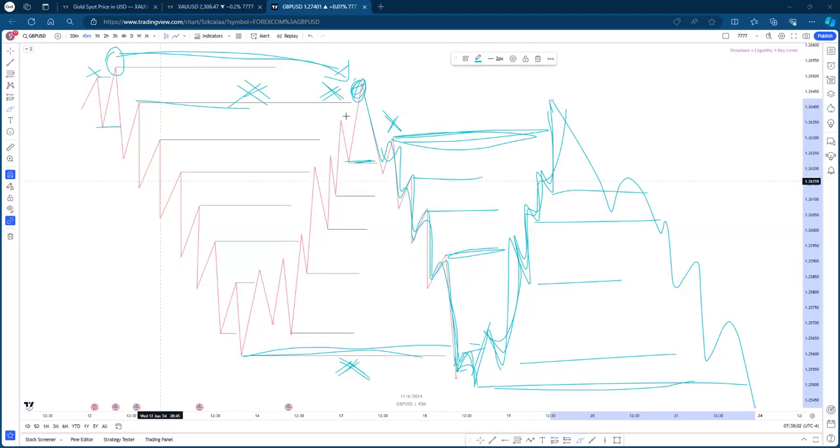And this always happens either at the top right or at the bottom left. At the top left or bottom left, right? So that is why you always hear people say, look to the left. When you look to the left, you see where the range cycle started from, where we had the sweep of liquidity, the break of structure. Just know that the next liquidity point that is there,